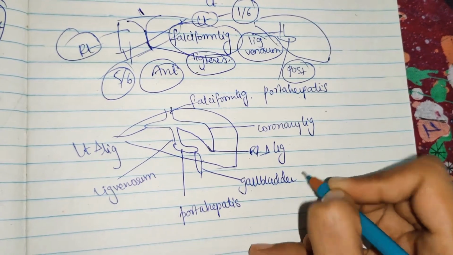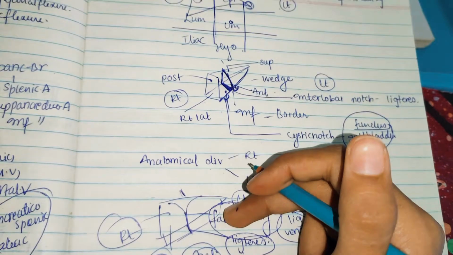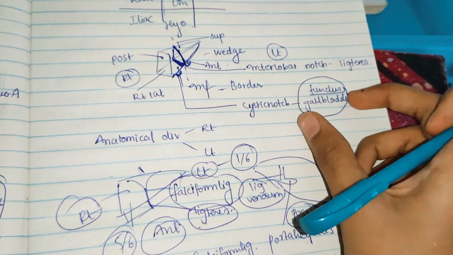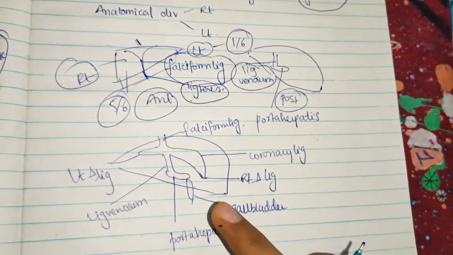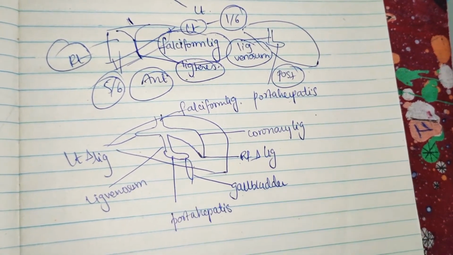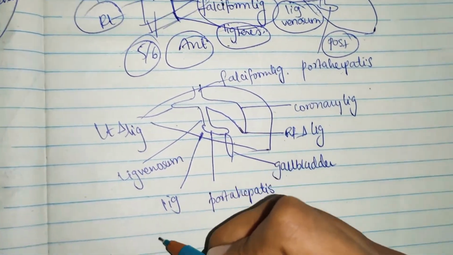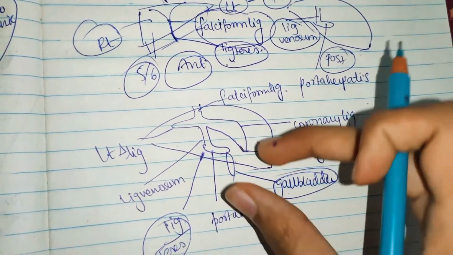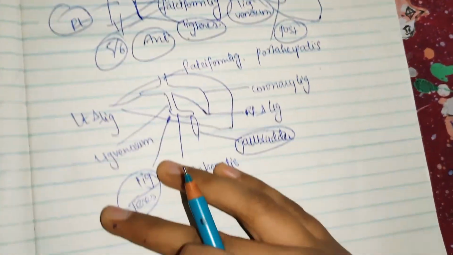So what you need to understand, you can see the gallbladder is present on the posterior side, but on the anterior side, as we discussed before, it is giving a notch-like structure here. That is the cystic notch, for the fundus of the gallbladder. Okay, and even for ligamentum teres, there is a notch on the anterior surface which will continue on the posterior surface. So actually this is the ligamentum teres, we didn't mention it here. Okay, this is ligamentum teres. So both the ligamentum teres and the gallbladder are present on the posterior surface, but they produce their notches on the anterior surface. Okay, so that you need to understand.